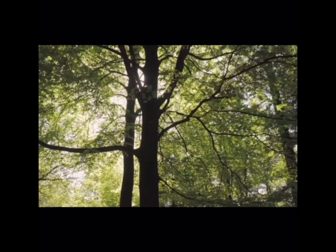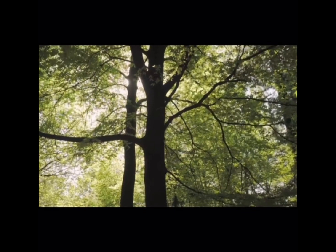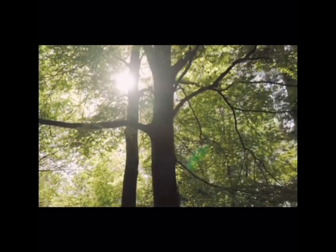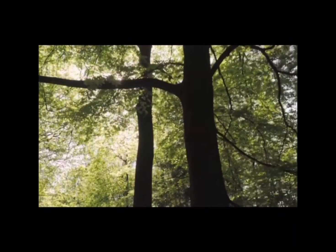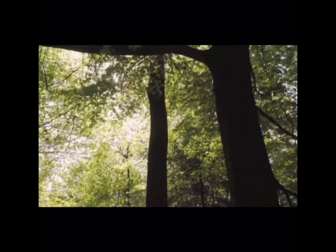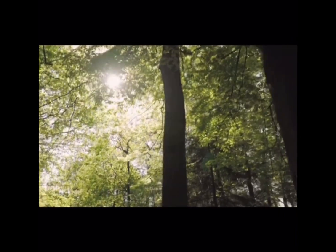We also use fractals found in trees by making our design into a tree shape. We're repeating wide branches, which allows them to absorb the most sunlight and CO2 using the least amount of surface area. We decided to use these as in nature, fractals are used as efficient delivery systems. In trees, they're used to evenly distribute water. So we decided to use this concept to allow CO2 to be evenly distributed and be delivered efficiently through our